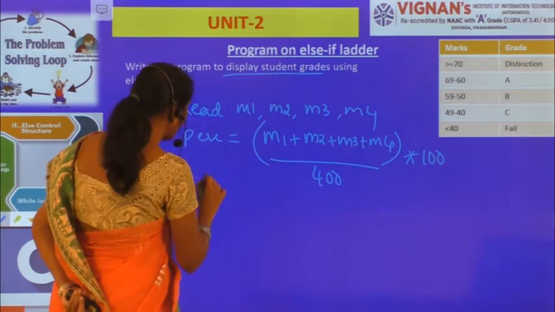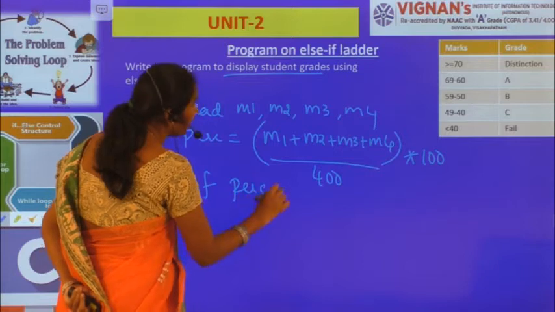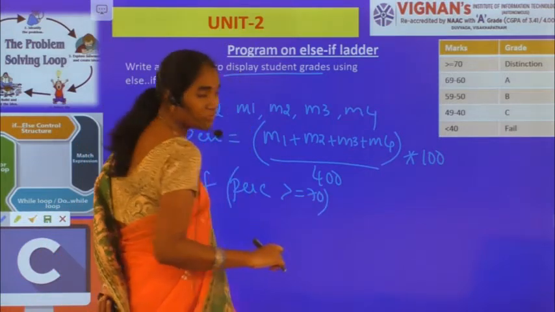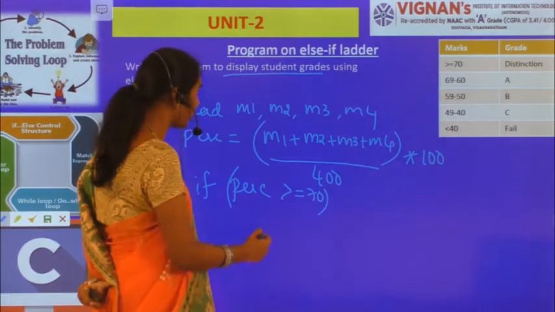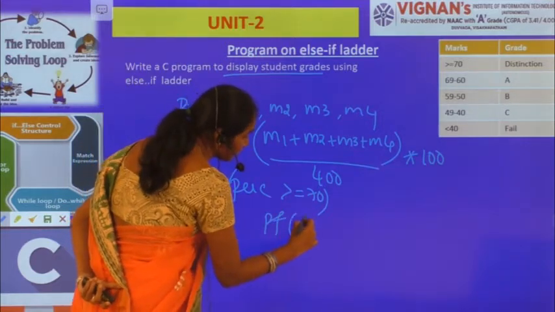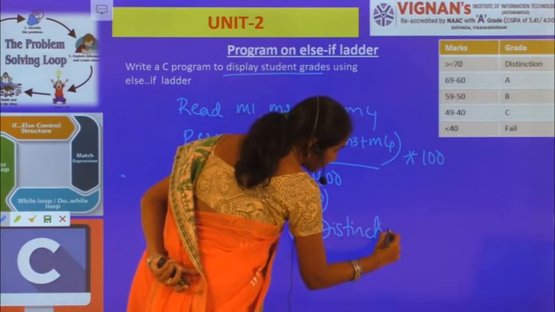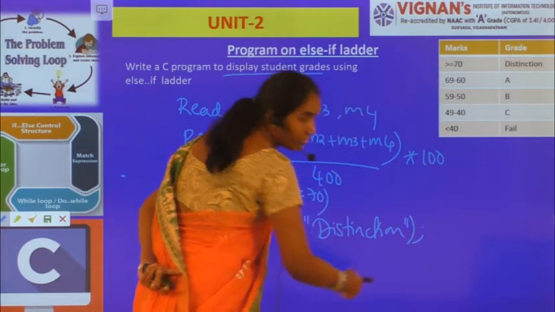Now if the percentage is greater than or equal to 70, what does it mean? Printf distinction, right?